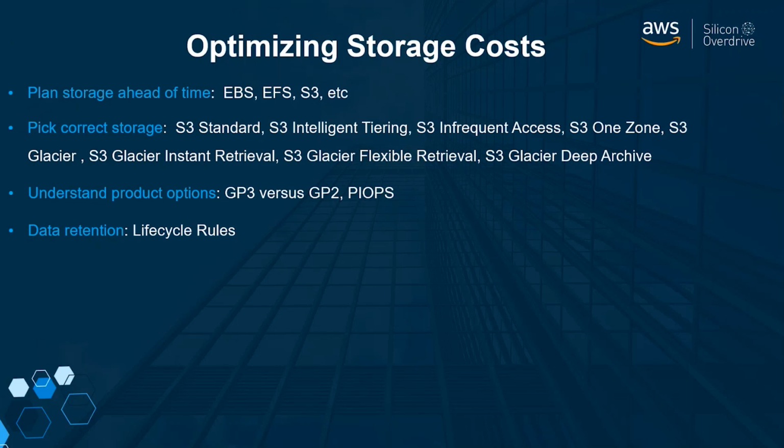Sometimes you might find that you've got compliance there. You need to keep things for 2 years or 5 years, but in reality, you don't really need to pull it back on a regular basis, and therefore you're prepared to wait a couple of hours to get it back. You might find that getting a substantial saving makes a lot more sense. And similarly, you'll find that you've got similar options for things like the EFS and the EBS. And that really just is, understand the product options.